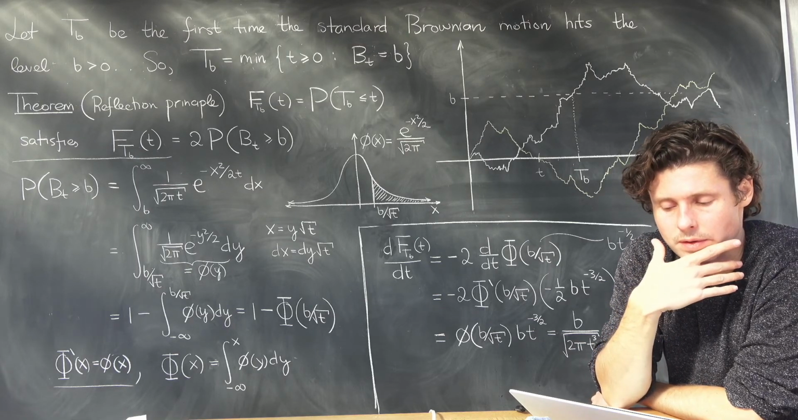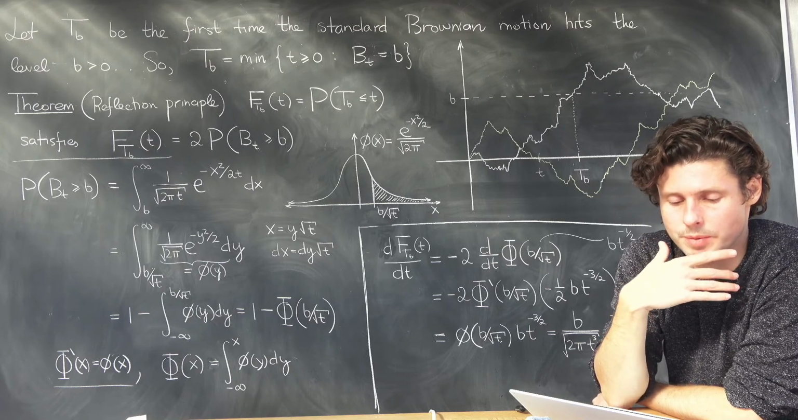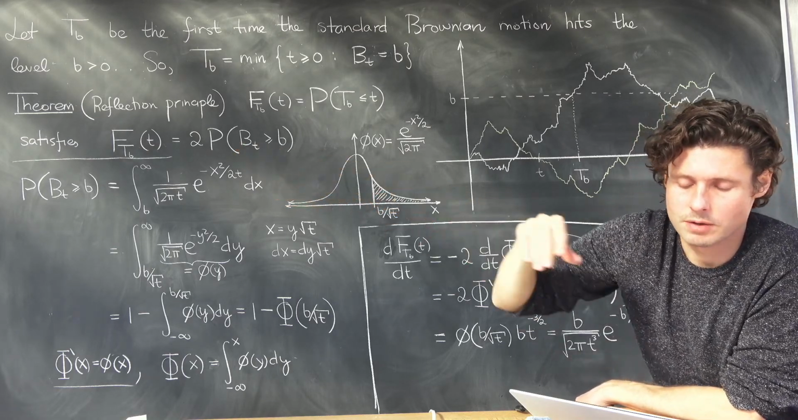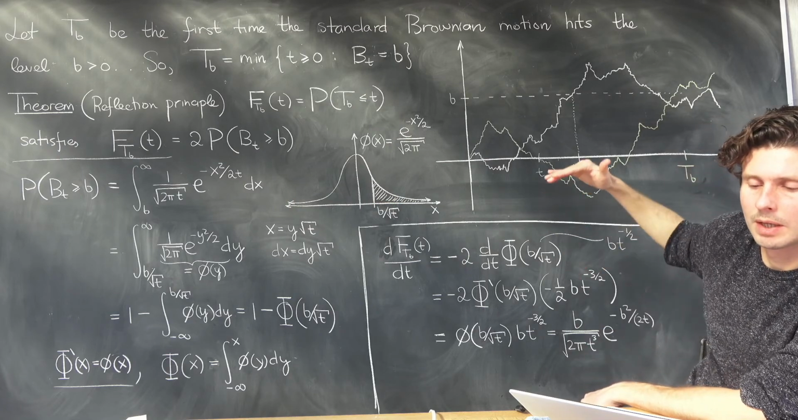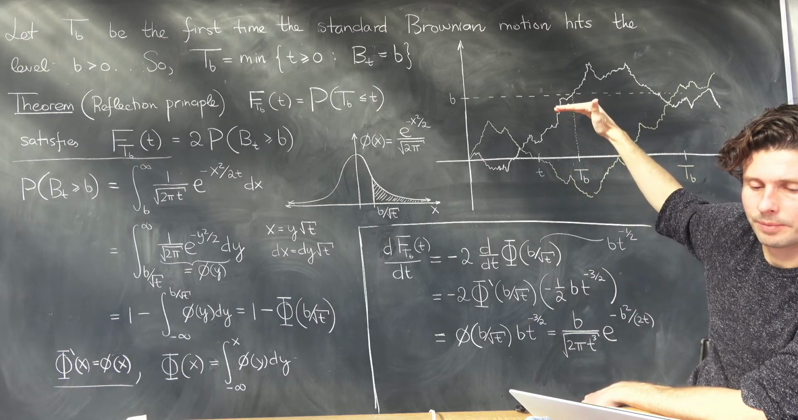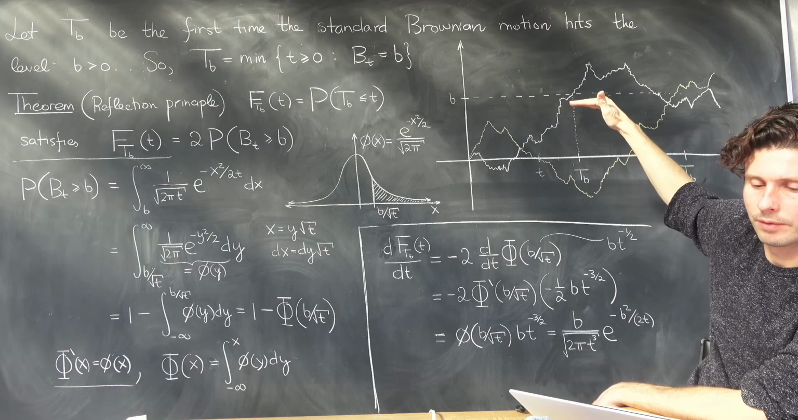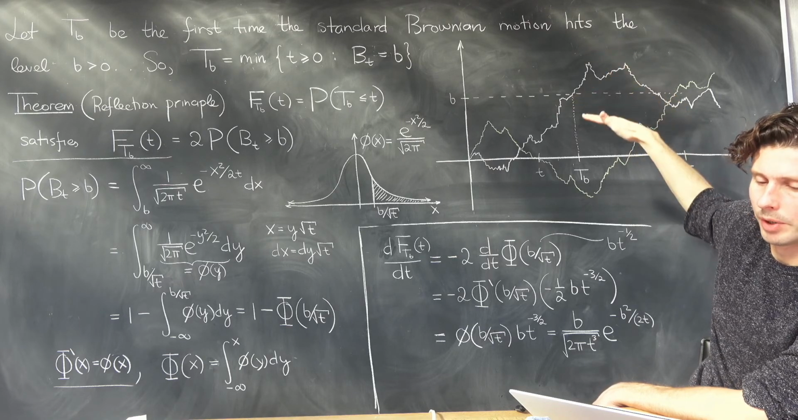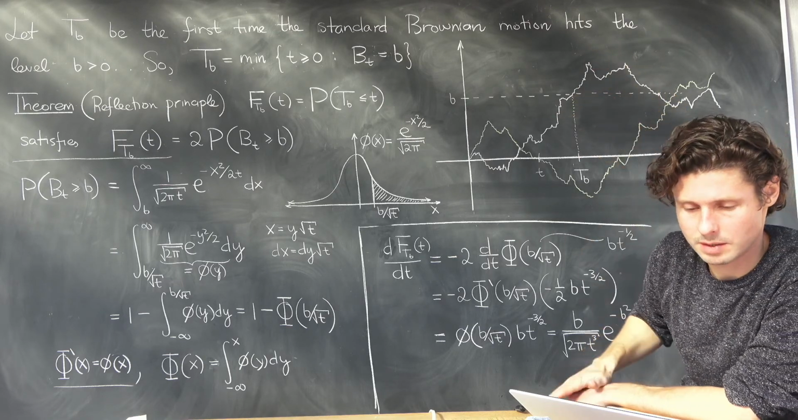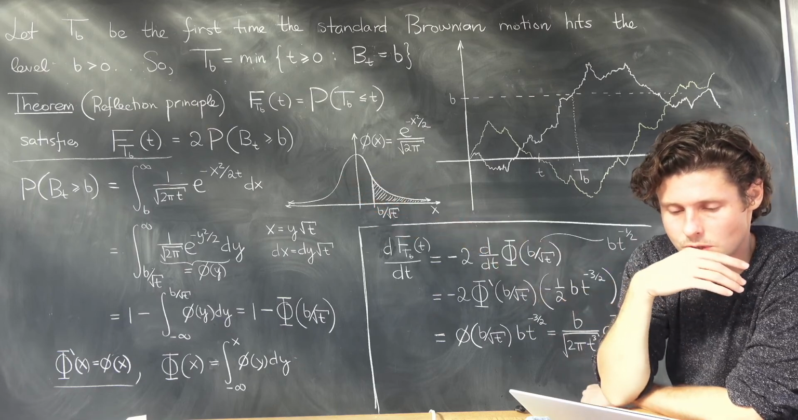We'll see how the name reflection comes about. That it's related to that factor of 2. We're going to exploit the symmetry of the Brownian motion above and below the level b, and hence kind of reflect and pick up that factor 2. So we'll see how that